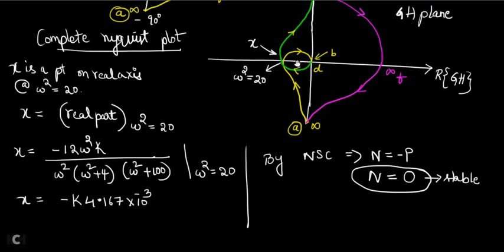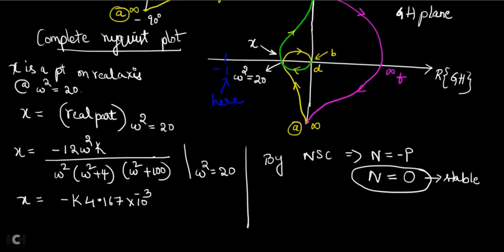So instead of minus 1 being here, where should my minus 1 be? It should be present somewhere here. If you keep your minus 1 here, then there won't be any circles around the minus 1. Understood? So your minus 1 should be here, somewhere outside the circle. Then only I can tell there are no circles around minus 1, and then only, if N is equal to 0, the system is stable.